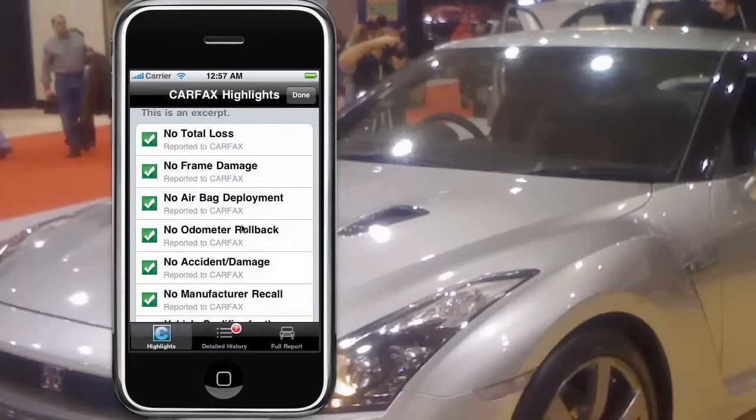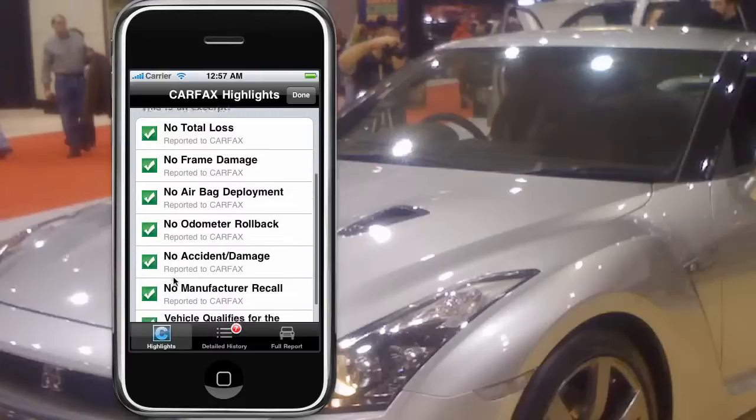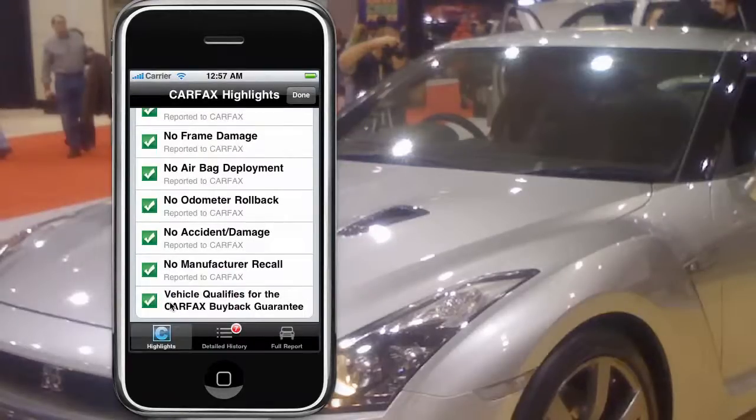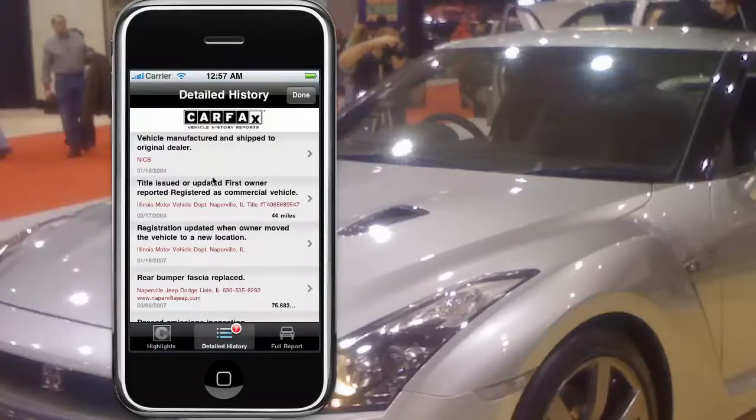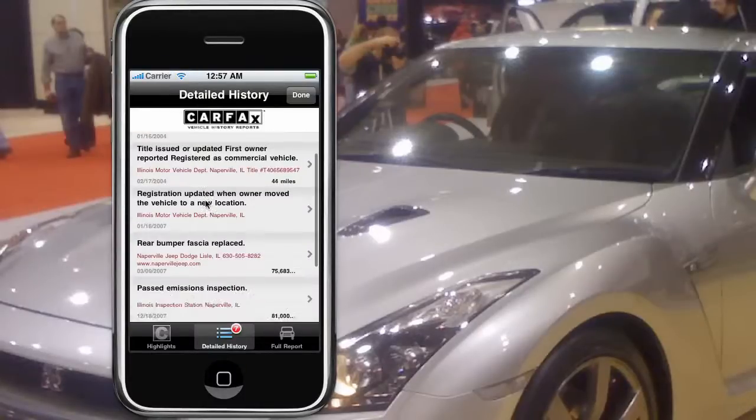And we have the highlights for the vehicle, indicating here with these green check marks that there are no major issues with this vehicle and that it qualifies for the Carfax buyback guarantee. I can also display the vehicle history. Here this summarizes the information on the full Carfax report, where I have all the specific information, the specific history